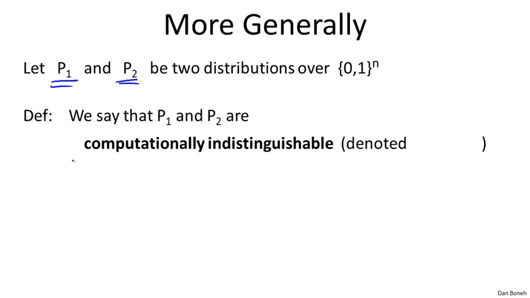We'll say that the distributions are computationally indistinguishable, and denote this by P1 is approximately P, P2. This means that in polynomial time, P1 cannot be distinguished from P2, and we'll say that they're indistinguishable just as before, if for all efficient statistical tests